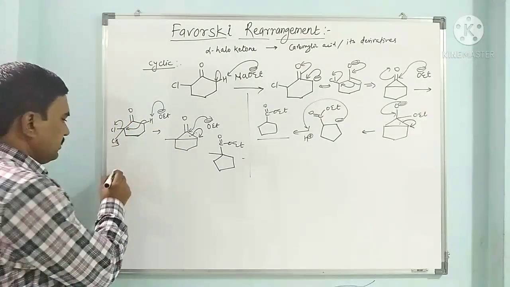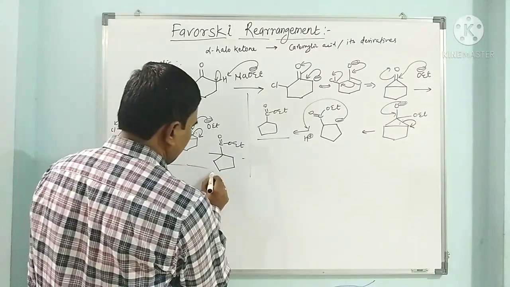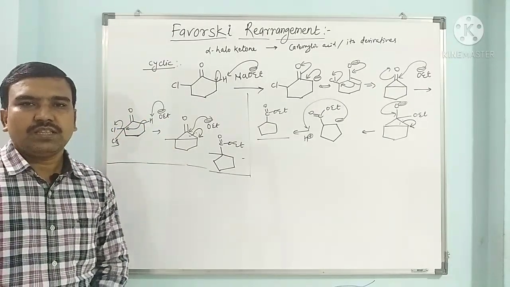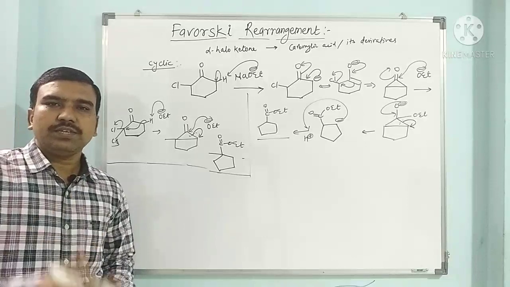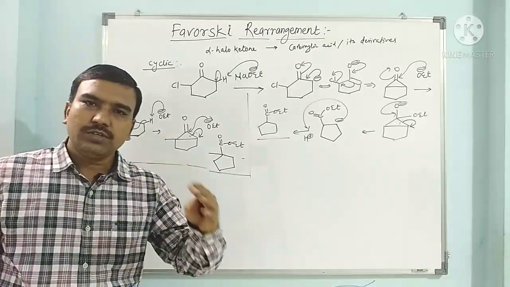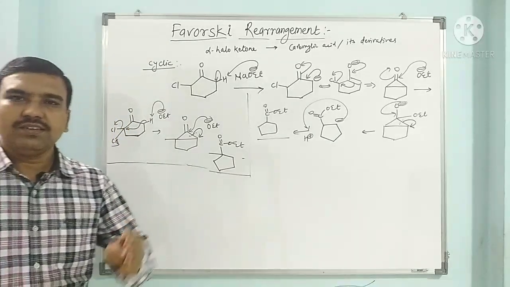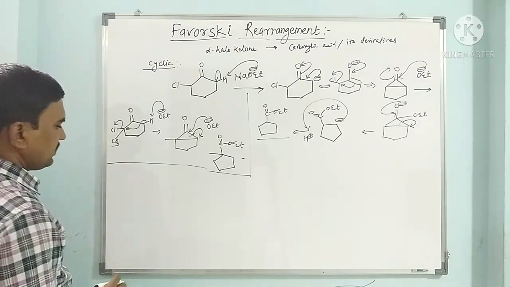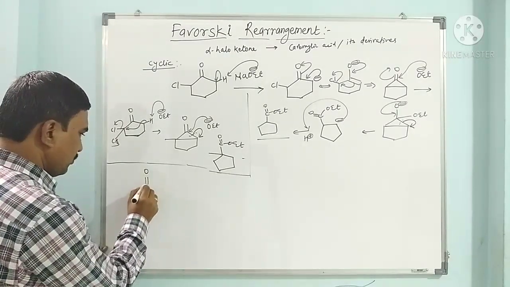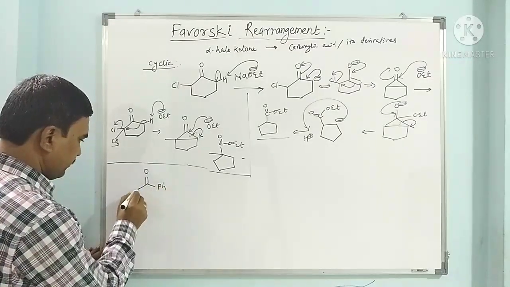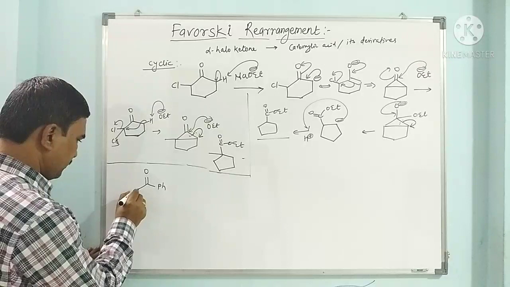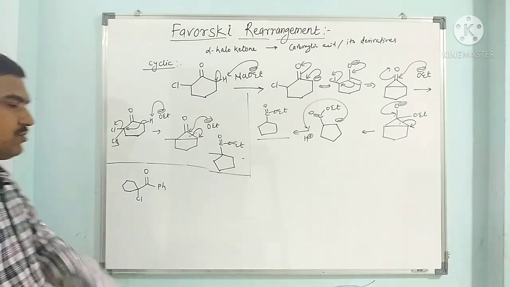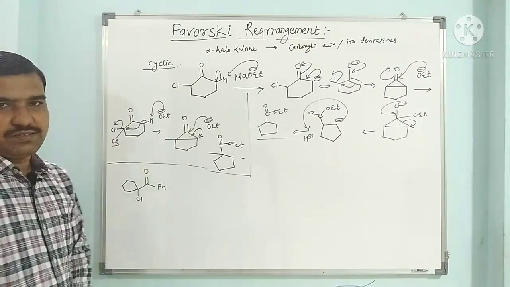Here we have discussed examples which have alpha hydrogens, or alpha haloketones having alpha hydrogens. But now let us see some modifications or other applications of the Favorsky rearrangement in which an alpha haloketone is there as a reactant, but on the other side the alpha carbon has no hydrogen. For example, we have CO, here there is Ph, here there is Cl, and here a cyclohexane ring is there. So what will happen? Such a system is there.